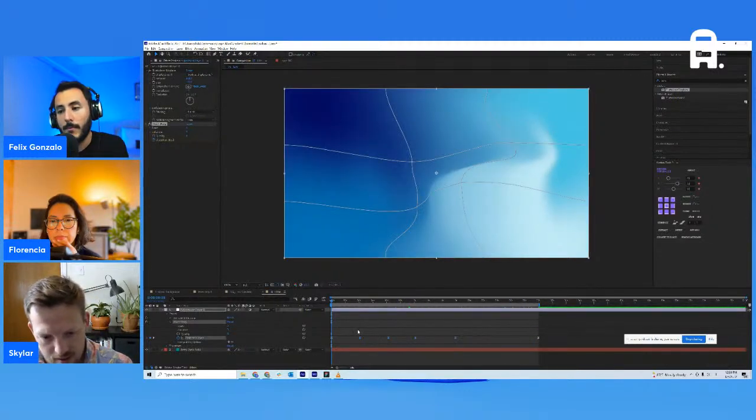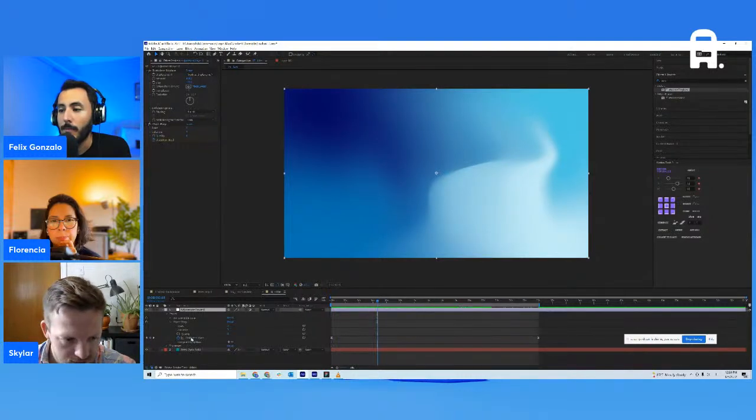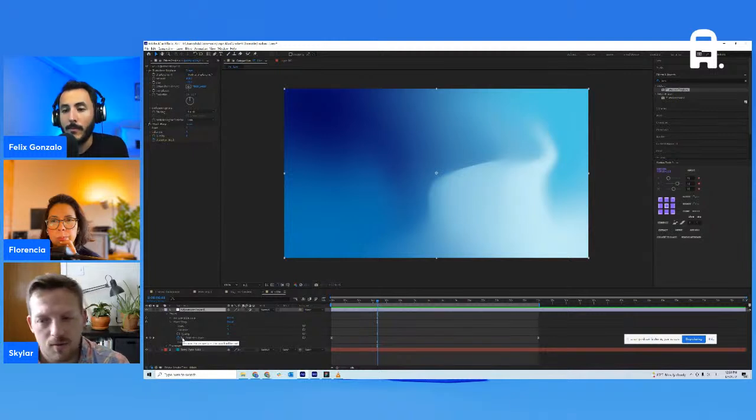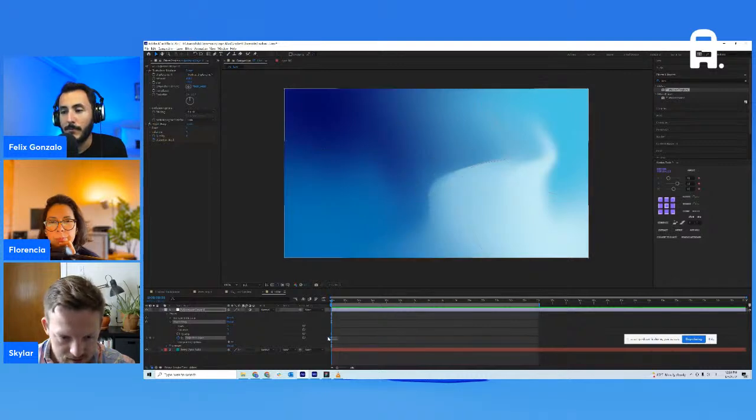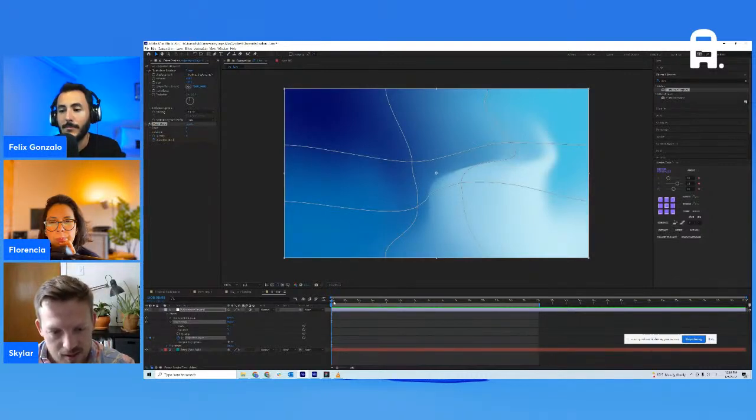Basically, if I delete those. Okay, so we have a stopwatch here, which will key in whatever change you make. So if there are any keys that you want to create, you have to hit the stopwatch. That'll create a key. A key is just a point in time that you can transform something. So we want to transform the distortion mesh. So we can key in this starter one, and we can key in